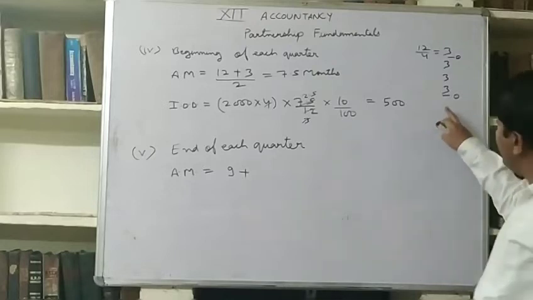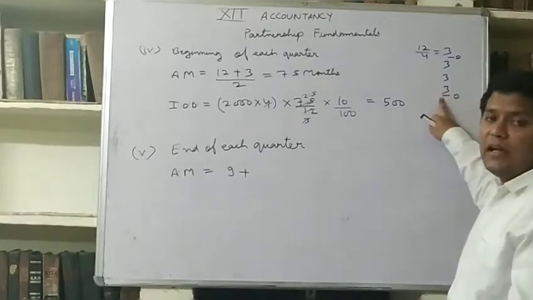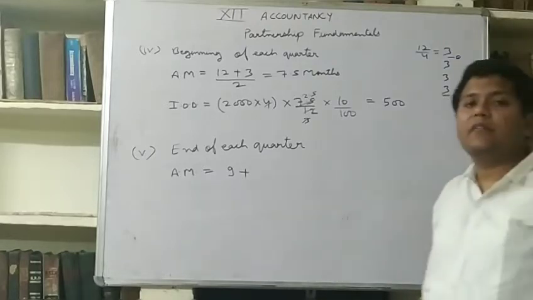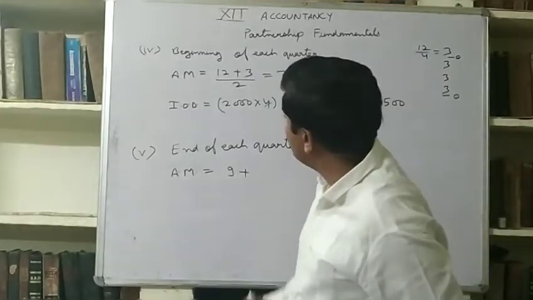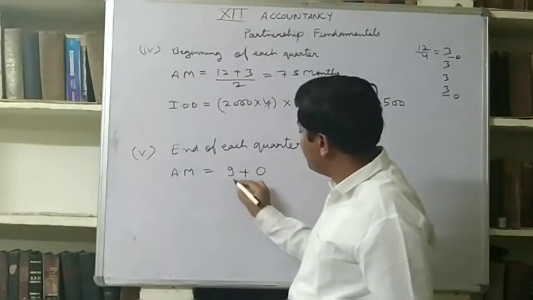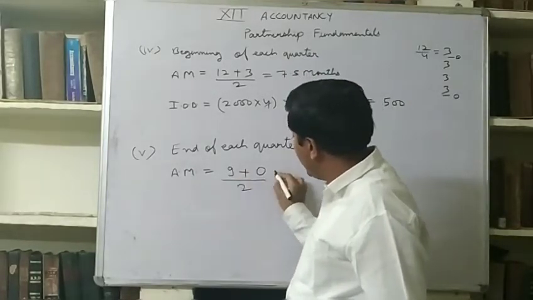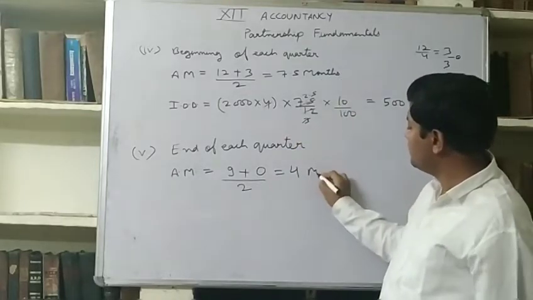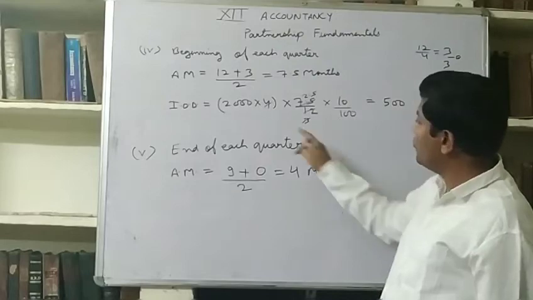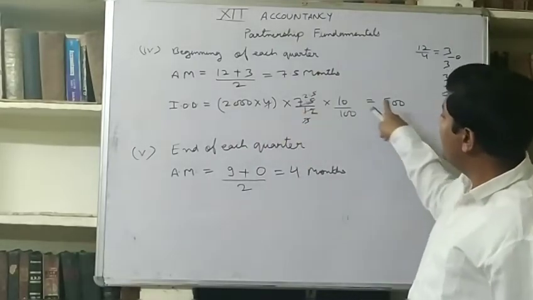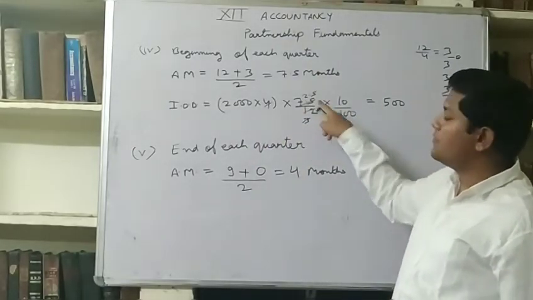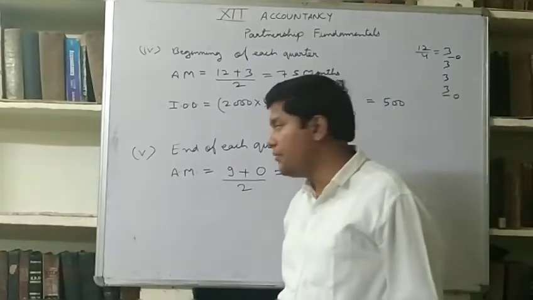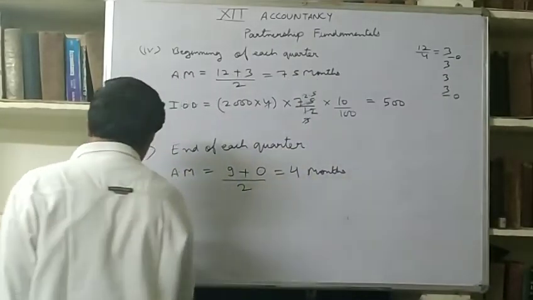The last drawing is made at the end of the 4th quarter. At the end of the 4th quarter, the year will also end. So there will be 0 months. So average months will be 4 months. Calculation will be like that only. 4 will be placed in place of 7.5. And the last one,